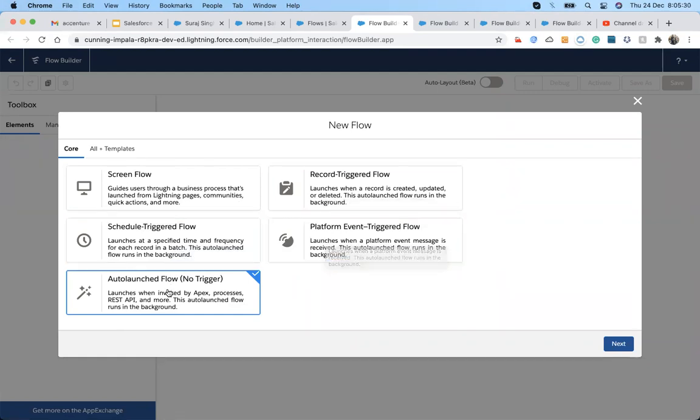But this one is not dependent on that. Whenever we have to call that flow, at that time we use the auto launch flow. So let's have a look.